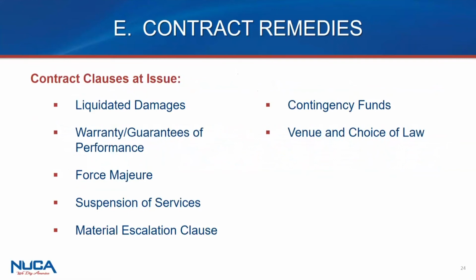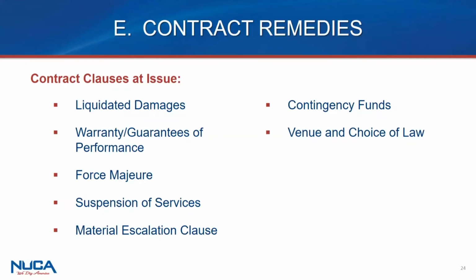Yeah. Notice is always an important provision in your contract. Some of the other ones you have to be aware of for this issue are on your screen right now. It's not just the material escalation clause, although that's up there, but also liquidated damages. You can put in there what you don't get liquidated damages for, right? It could be anything related to the pandemic. If COVID is now anticipated and not unforeseen, you can write into your contract, "but no liquidated damages for COVID or supply chain disruptions." So have it do what it says.